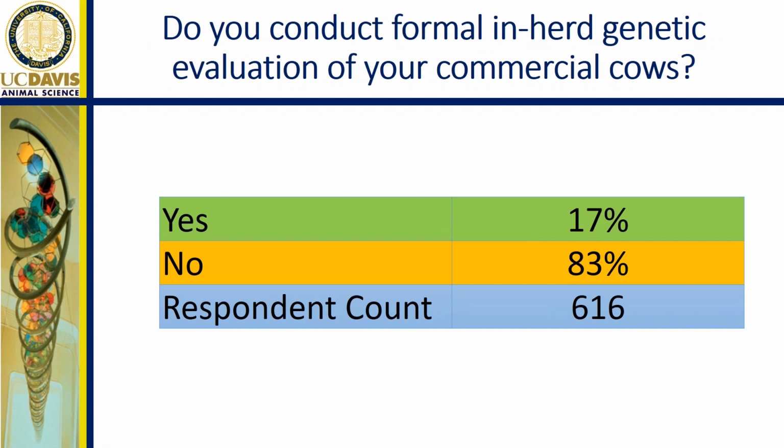And maybe, Matt, they're planning ahead for when you have your wish, and we're actually using the genomic information on commercial cattle to develop EPDs for commercial animals, because I think that would really be the best use of genomic information in the commercial cattle, is to actually get EPDs that are matching up their relationship with the pedigree populations that they're derived from, or their purebred sire, but also using that commercial ranch data to give them more